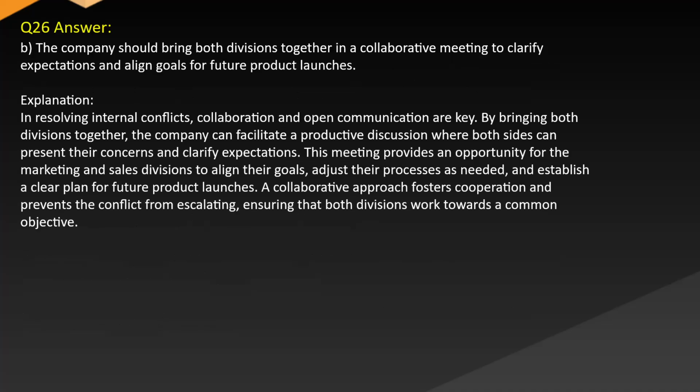Answer: B. The company should bring both divisions together in a collaborative meeting to clarify expectations and align goals for future product launches. Explanation: In resolving internal conflicts, collaboration and open communication are key. By bringing both divisions together, the company can facilitate a productive discussion where both sides can present their concerns and clarify expectations. This meeting provides an opportunity for the marketing and sales divisions to align their goals, adjust their processes as needed,